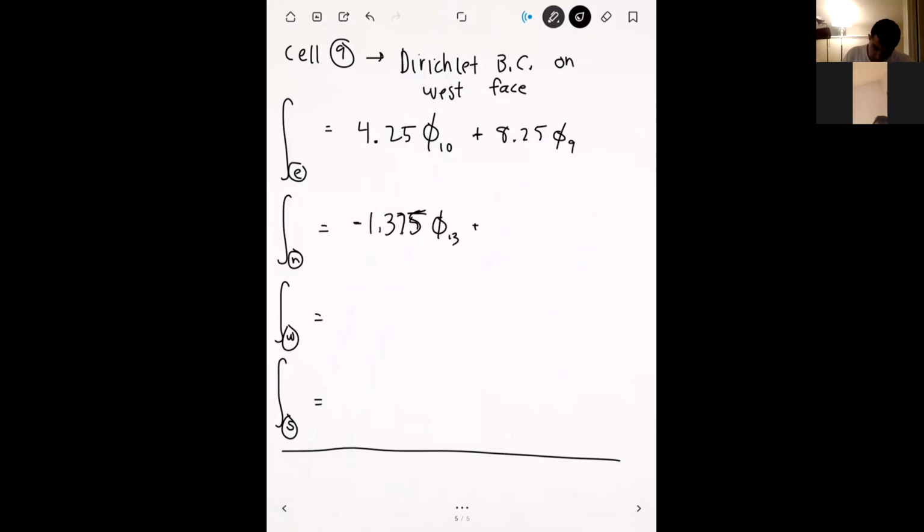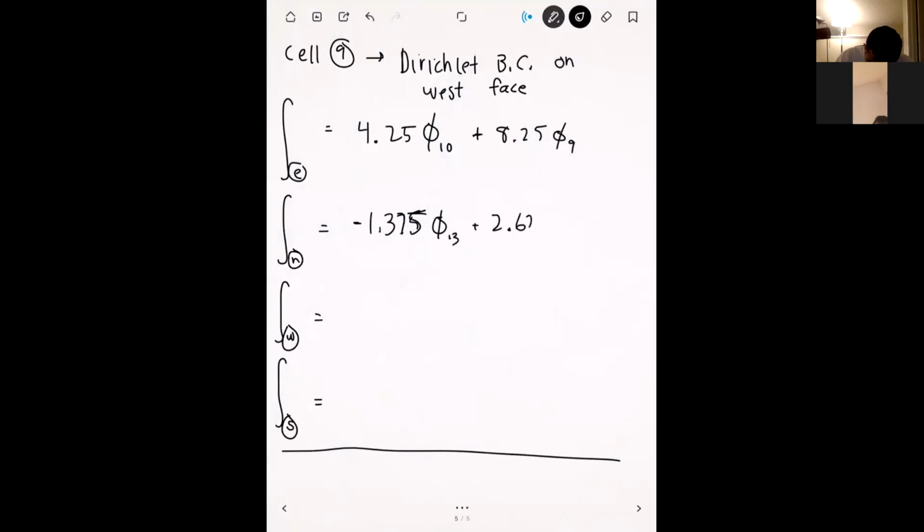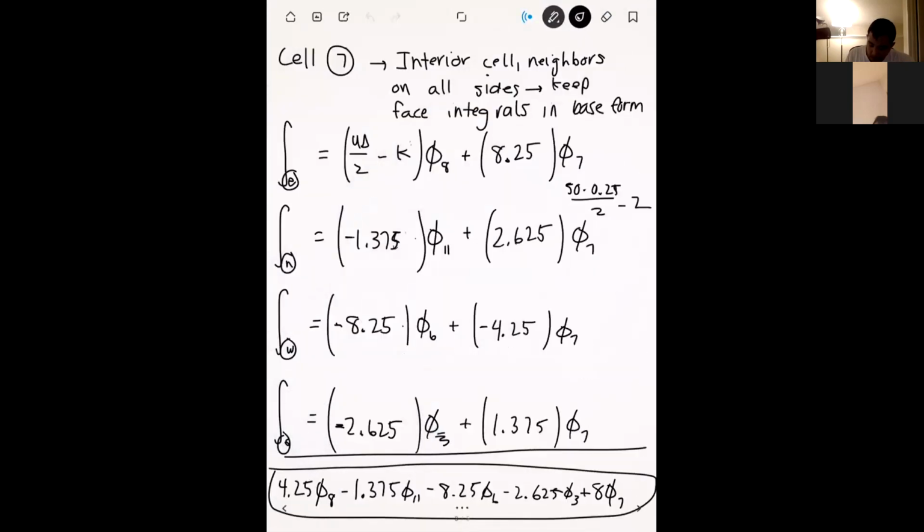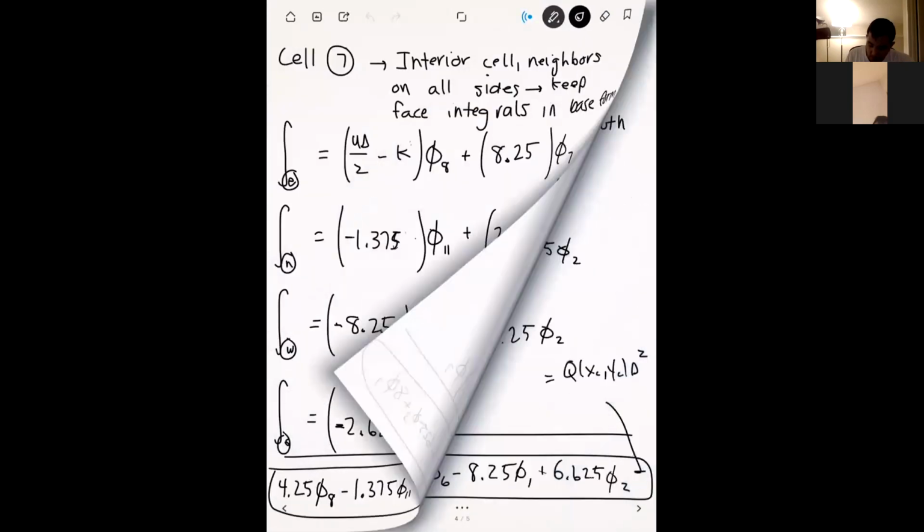Plus 2.625 times phi c, so that's phi 9, okay? The west integral we're going to change, so I'll leave that for last. And then the south integral, what we have here is a minus 2.625